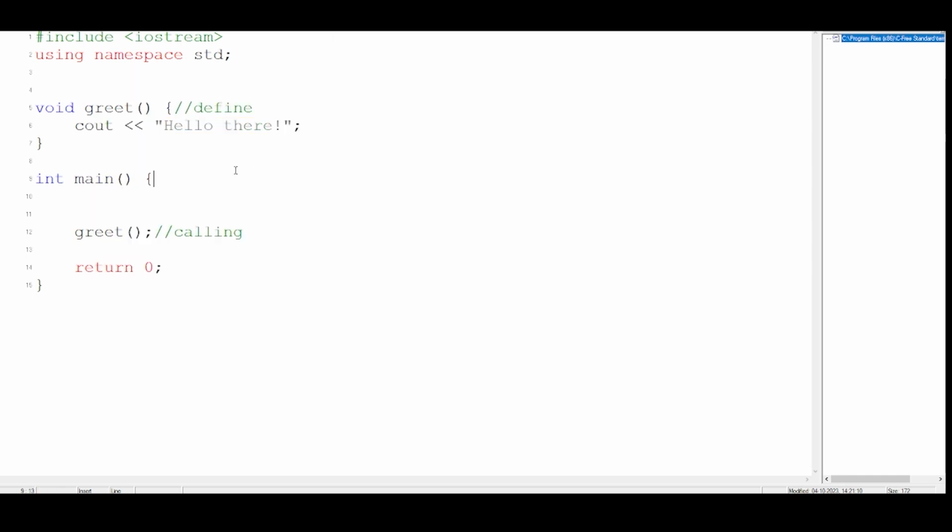What exactly is happening is, when I'm running the code, remember one thing: the code starts with the main function. So it will ignore this first. Once it runs the main function, it sees the calling of a function. So it will find this. Where is it? It's here. It simply prints this line, then return 0, close. As simple as that. So that is how functions work and the basics of functions.